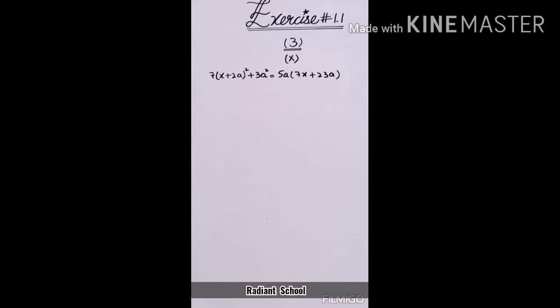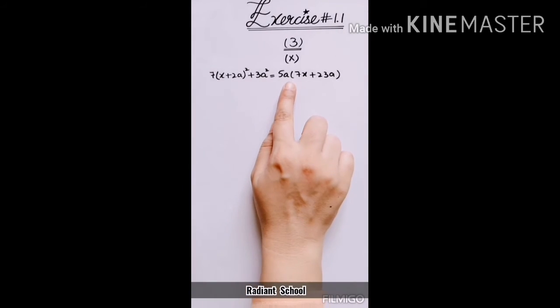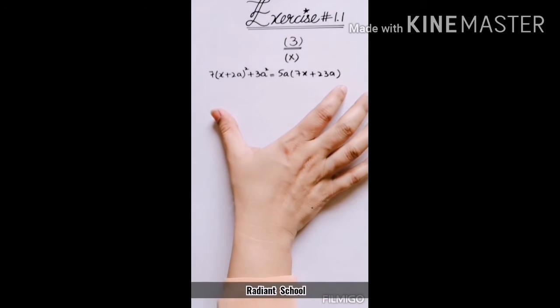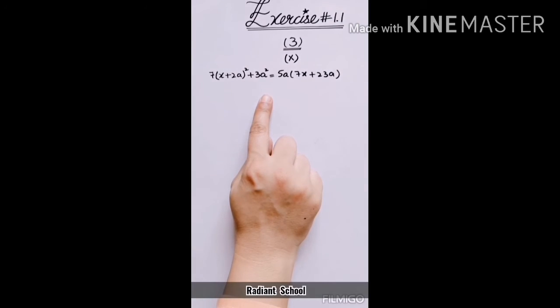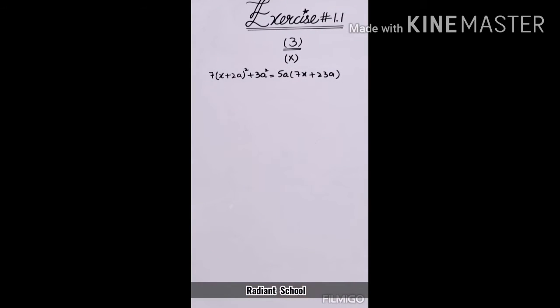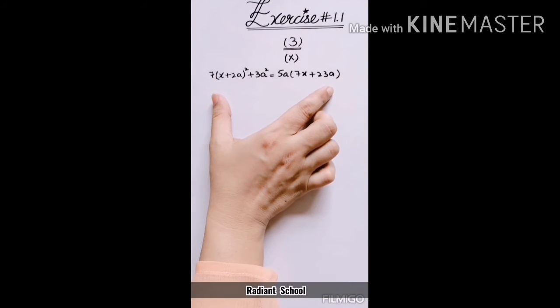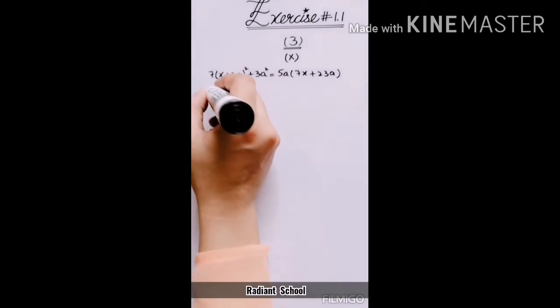Okay students, now I have taken part number 10. Now part number 10 also you have to solve by the completing square method. I have told that the first step is that you have to arrange your given expression in the form of ax square plus bx plus c is equals to 0. Here you can see no x square term, no x term is present. First of all you have to simplify the whole expression.